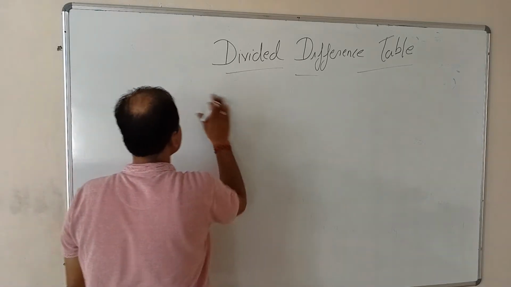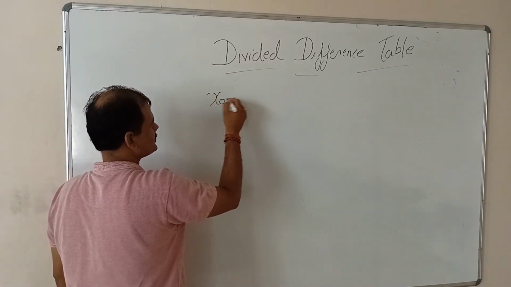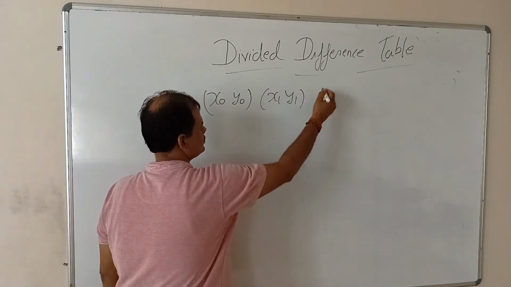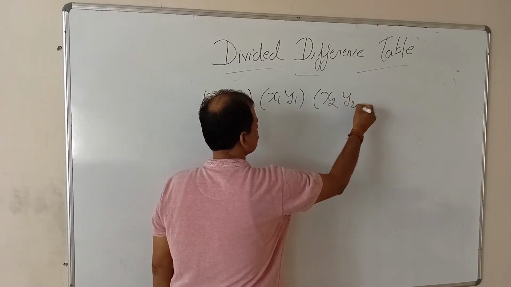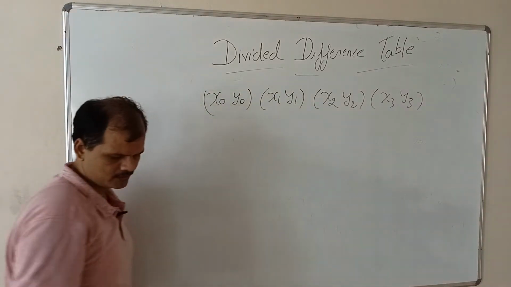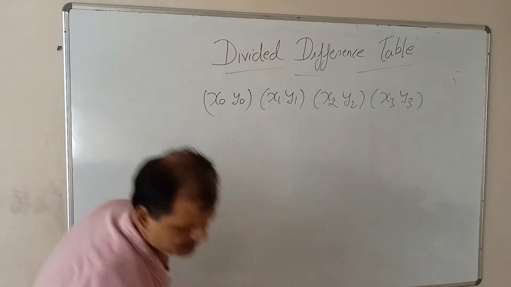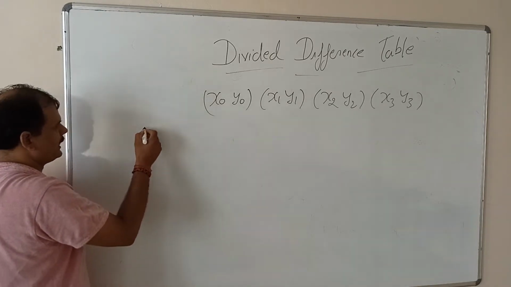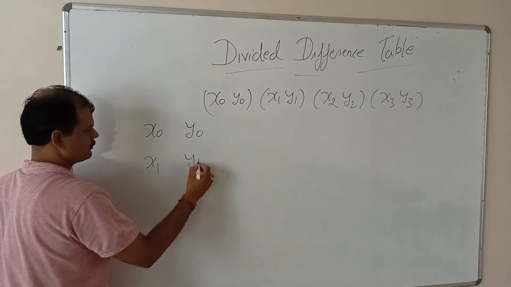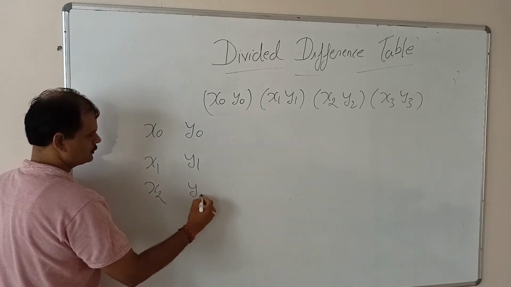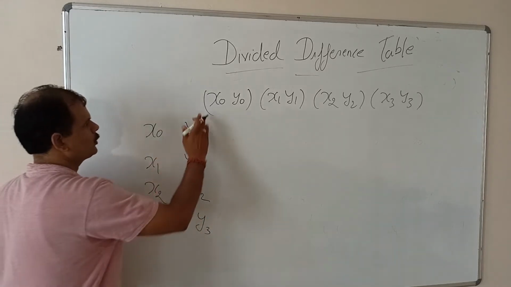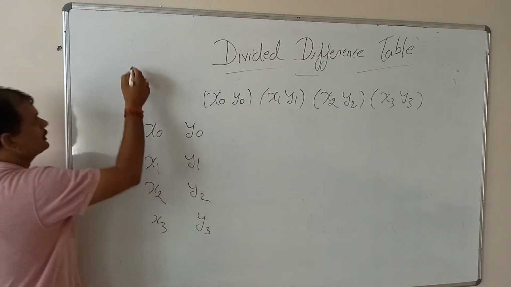So let the data be given: x0 y0, x1 y1, x2 y2, x3 y3. Fine. So we will have the difference table here. Corresponding to x0 we have y0, x1 y1, x2 y2, x3 y3. So the notation of divided difference will be,